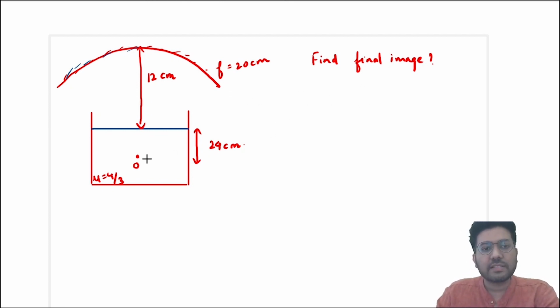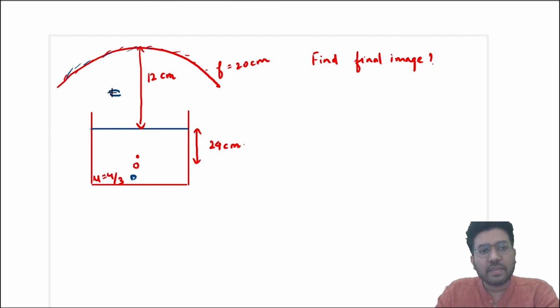So what you will do is, suppose you are observing from this end. If you are observing from this side, then what will you do? First, there will be an image from this interface. Then there will be an image from this. But light after reflection will again strike this interface. So then again there will be one image. So the third image will be your answer, right?